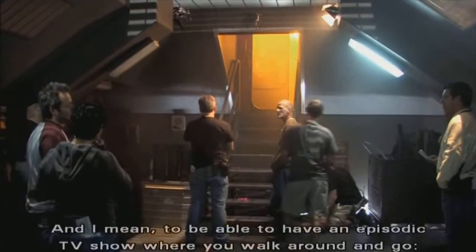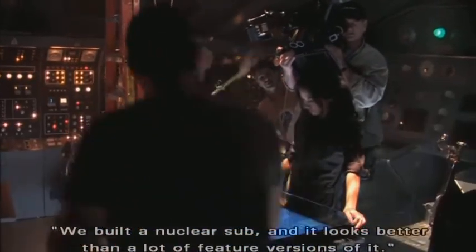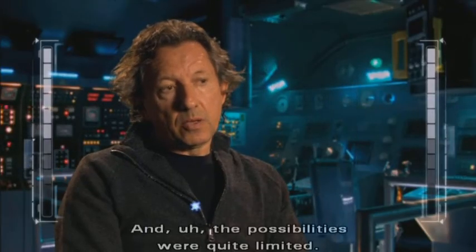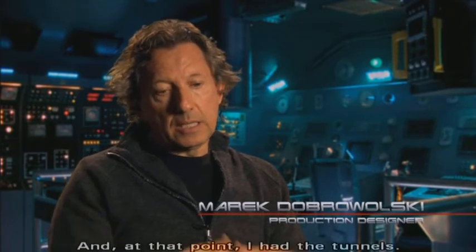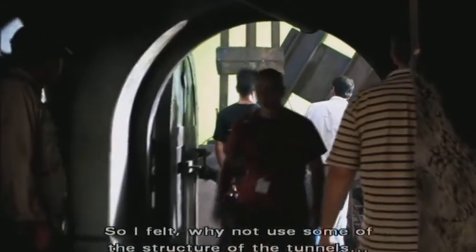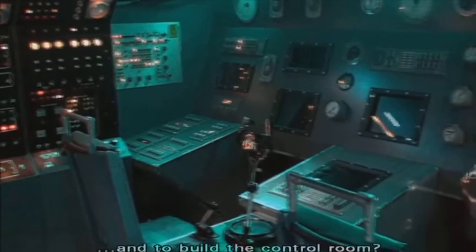And to be able to have an episodic TV show, when you walk around and go, we built a nuclear sub, and it looks better than a lot of feature versions of it. That was a challenge because we had very, very little time, and the possibilities were quite limited. And at that point, I had the tunnels, and I had some space there, so I felt, why not use some of the structure of the tunnels and convert that to a corridor of the submarine, and to build the